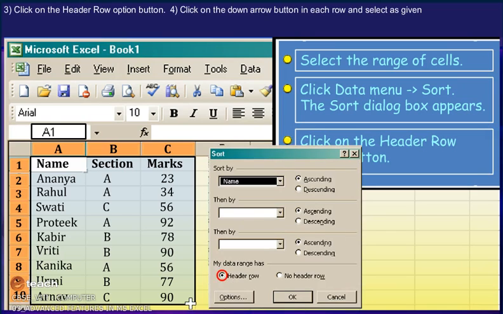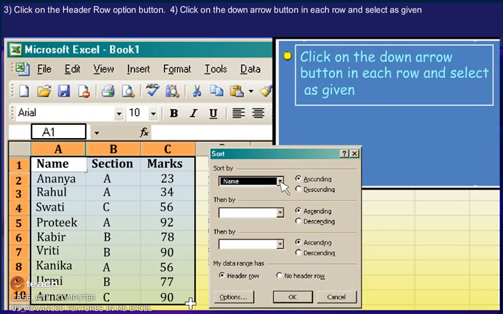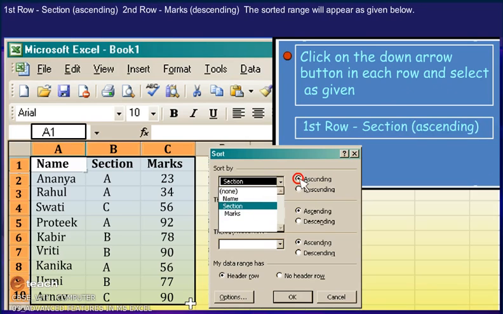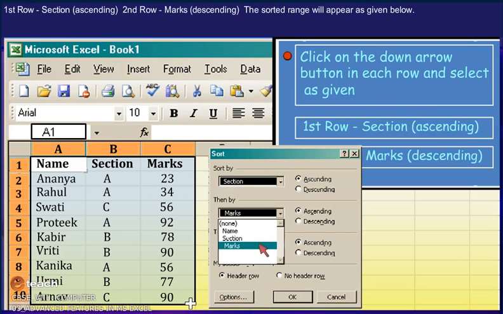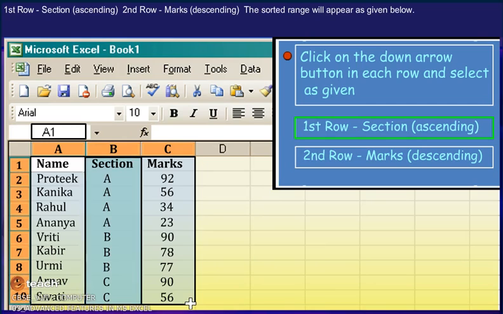Click on the Header Row option button. 4. Click on the down arrow button in each row and select as given. First row, section ascending. Second row, marks descending. The sorted range will appear as given below.